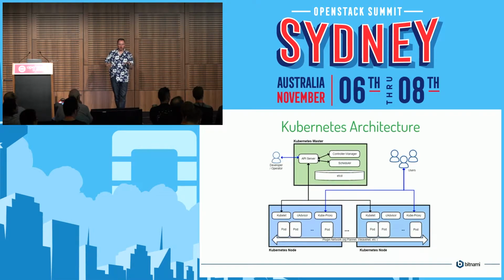You'll notice, for this talk, we want to talk about the master control node, the green one up there, which has an API server. That's a lot like the Nova API server. It's basically just a web server. It takes user API requests coming in, and it talks to storage. In Kubernetes' case, that's etcd.